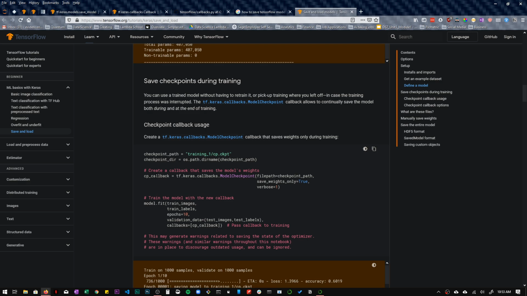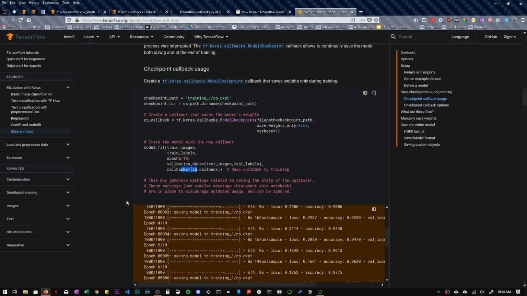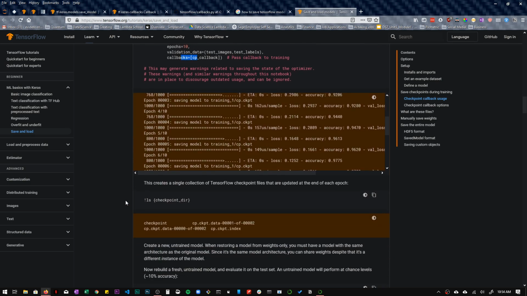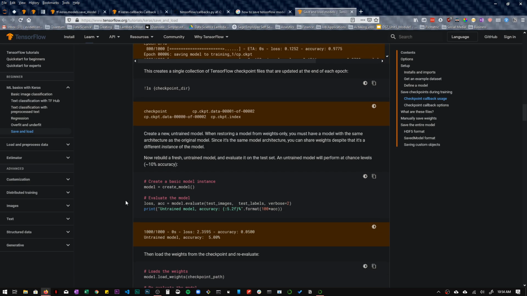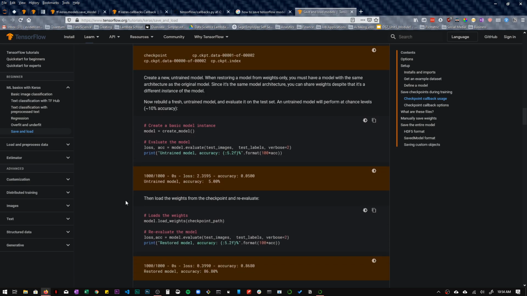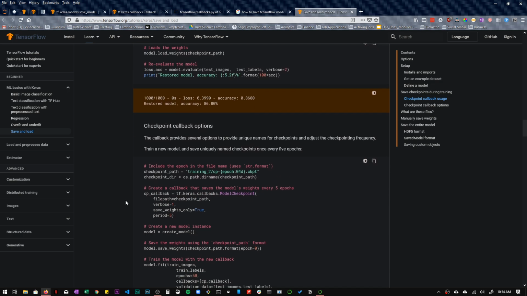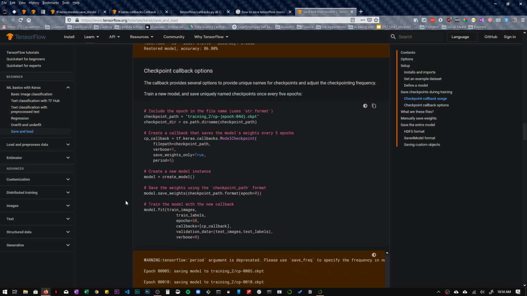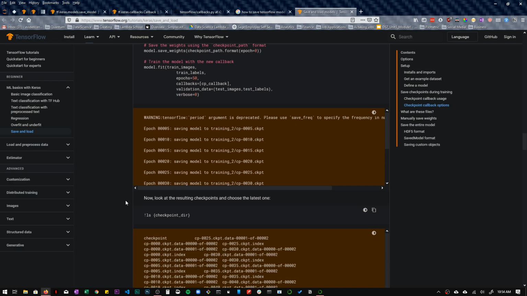So this callback saves the model weights. So callbacks is equal to this. Let me share.